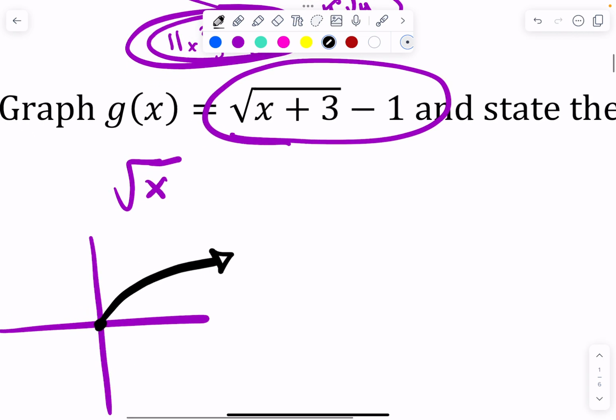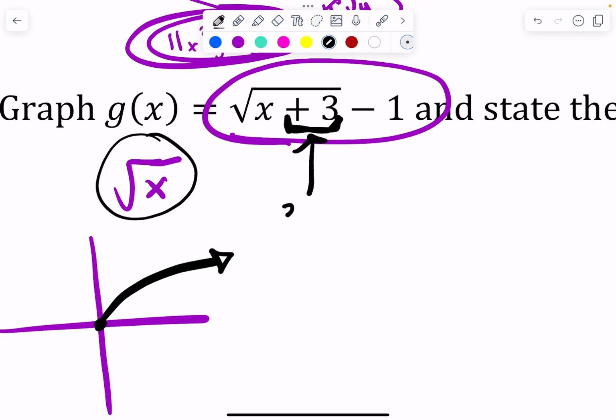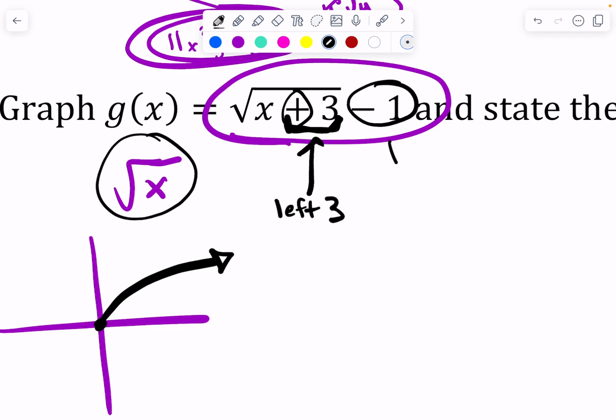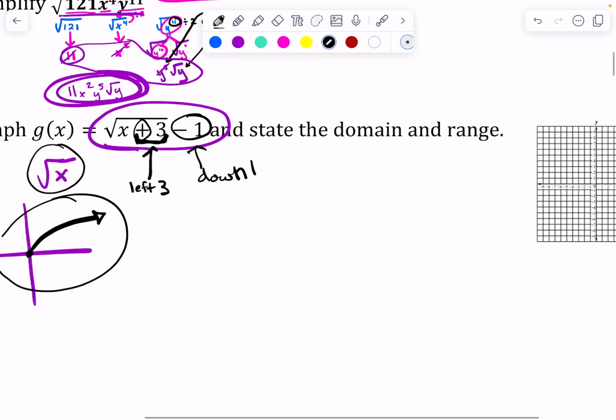But you should hopefully know some of these rules, like this +3. How does that move this square root? What does the +3 do? That moves him 3 to the, I'm just going to say left 3. You think plus means right, minus means left, but it's the opposite when it's underneath the square root. This guy right here moves him down 1. Okay, so I'm going to take this graph and move him to the left 3